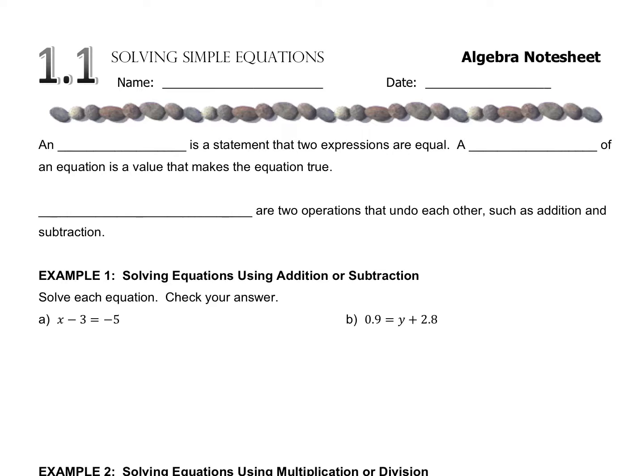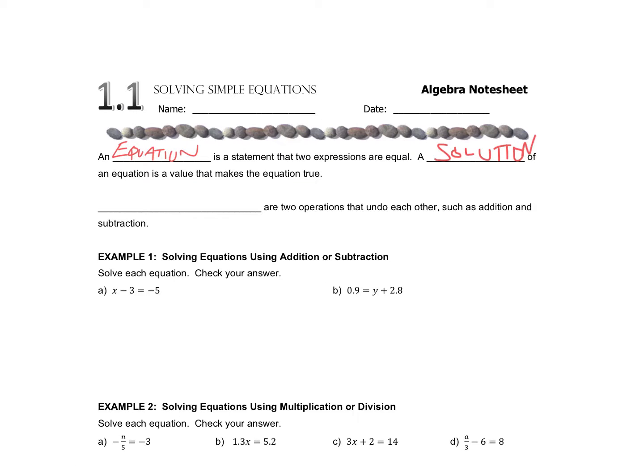So an equation is a statement that two expressions are equal. A solution of an equation is the value that makes the equation true. So expressions make up the equation, and the solution is the value that makes those expressions, or the full equation, true. So inverse operations